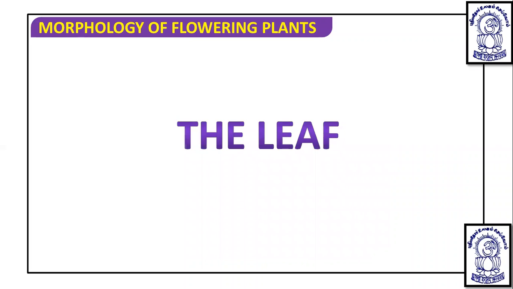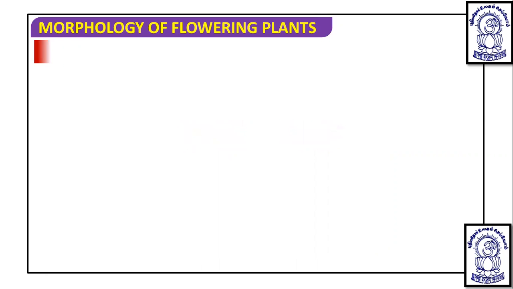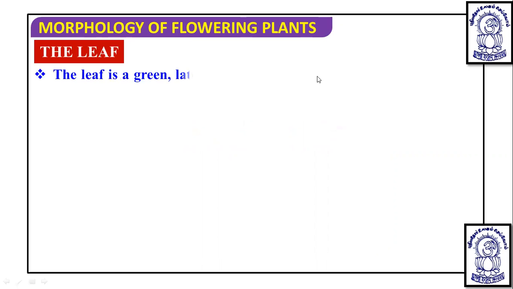Now, as we hear this term leaf, immediately we think of the flattened organ on the plant, which is usually green in color and has the ability to synthesize food in the plant, and we call it a leaf. So that is just an image which can develop in our mind. If we talk more about a leaf and get in-depth knowledge,